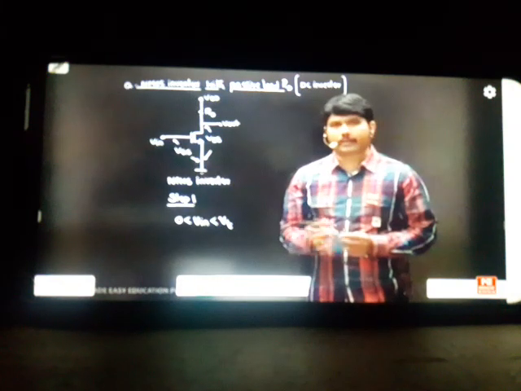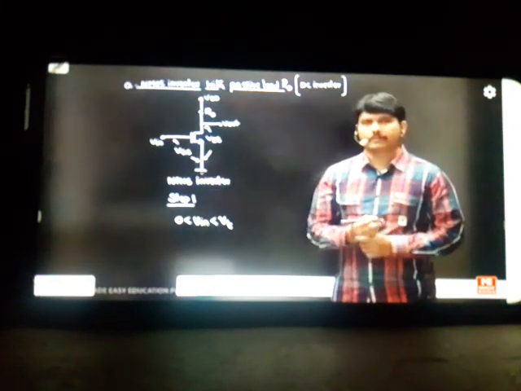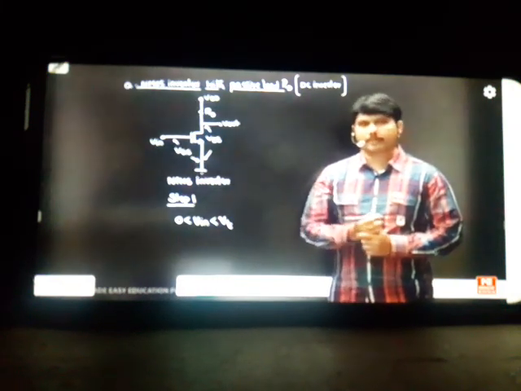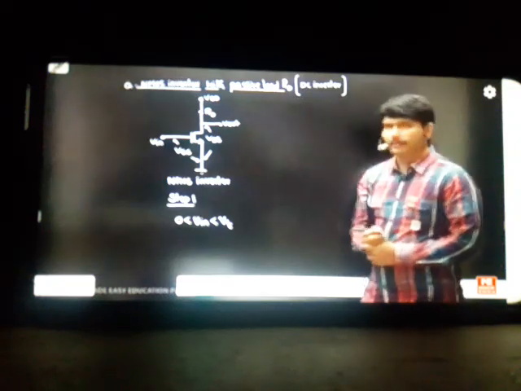My first condition is 0 less than VIN less than the threshold voltage VT that I have given for this MOSFET. Remember that for whatever inverters you are preparing, we are not taking depletion mode, we have to take enhancement mode, because enhancement mode devices are good switching devices compared to depletion mode. So by default, these are all enhancement MOSFETs, not depletion. In the first step, the input voltage, whatever DC I am applying, is less than the threshold voltage.